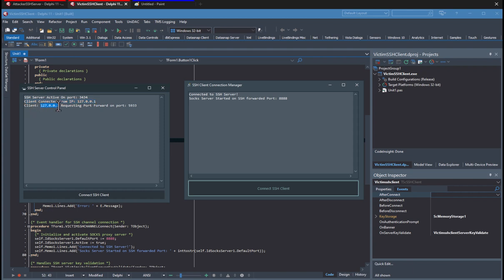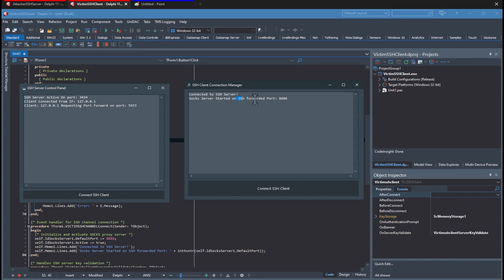Oh, this guy also, he's asking to allow port forwarding on 5933. So the server created an internal localized port on 5933 that will now be forwarded to the client. And on the client side of things, it said, oh, he allowed it, so we're going to go ahead and